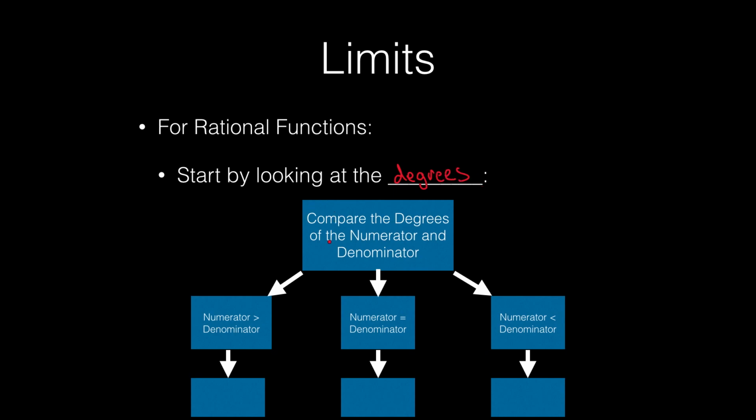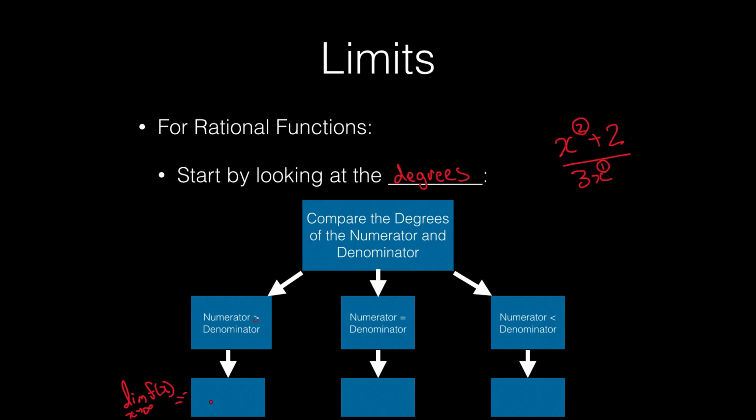Compare the degrees of the numerator and the denominator. Let's make an example function. If the degree of the numerator is greater than the degree of the denominator, like 2 is greater than 1 here, then the limit as x approaches infinity of f of x